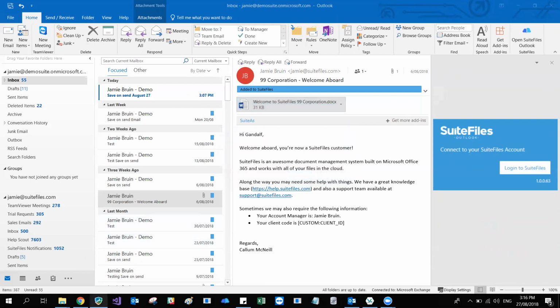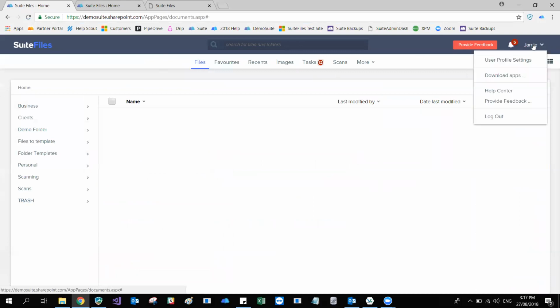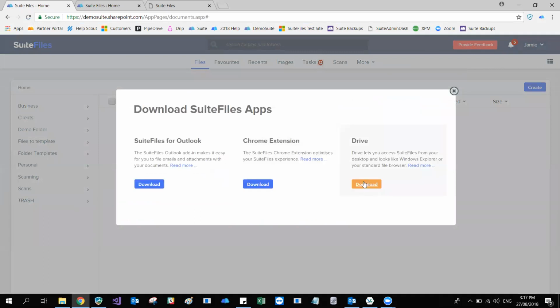Now, what I'm going to do is just show you the SuiteFiles Drive add-on. There isn't really too much to go through, but I'll show you a quick overview of that add-on. To download the SuiteFiles Drive installer, we need to go to our SuiteFiles menu. While we're in our SuiteFiles site, we go to the top right of our web app, click on our username, click on the Download Apps option, and click the download button under where it says Drive,